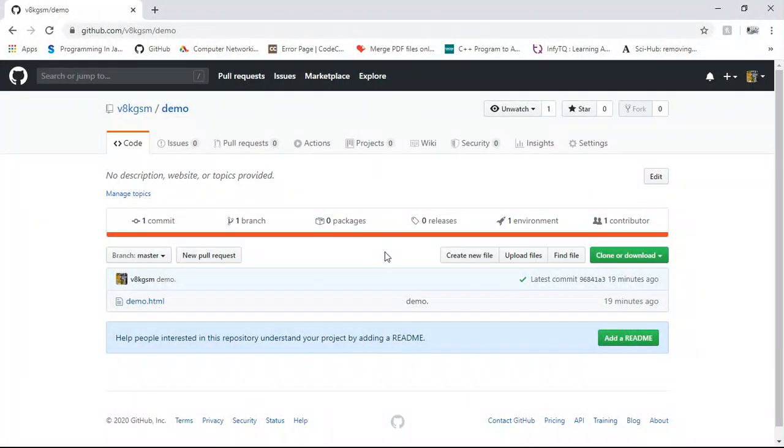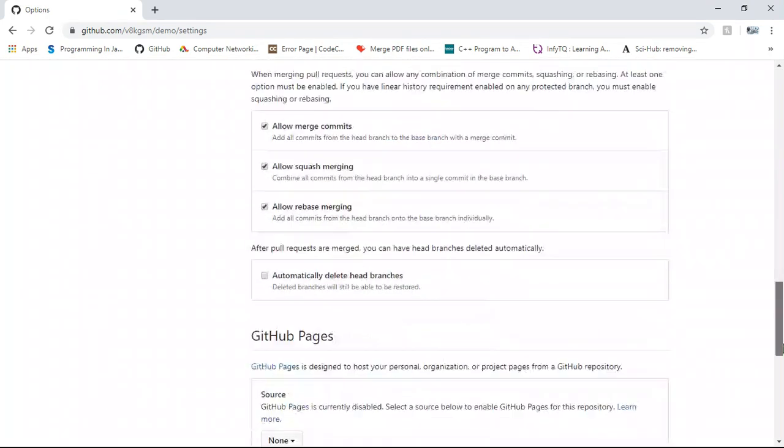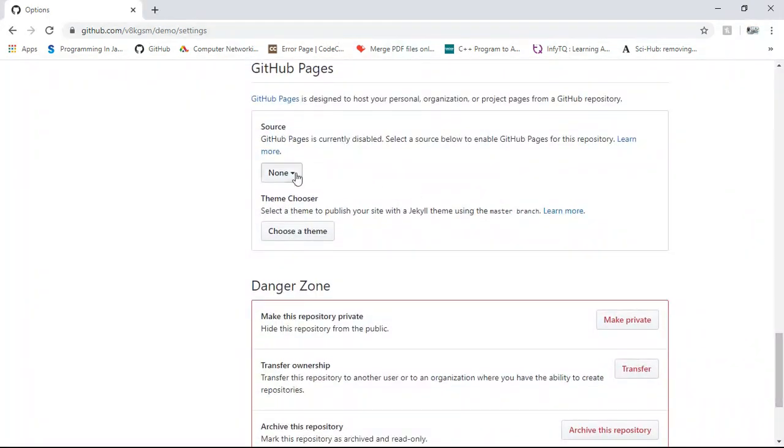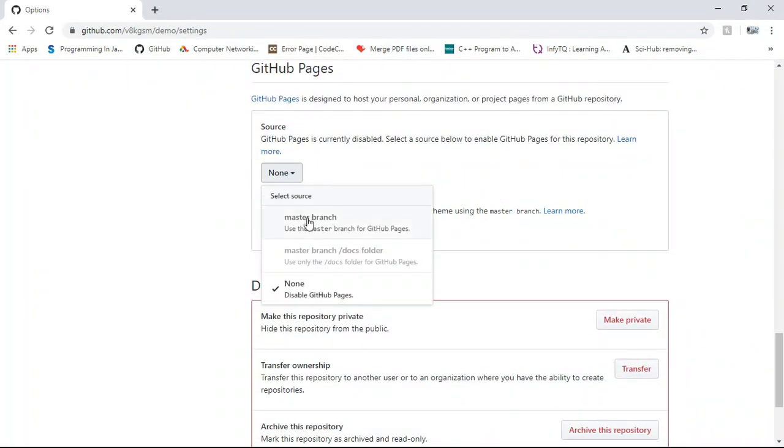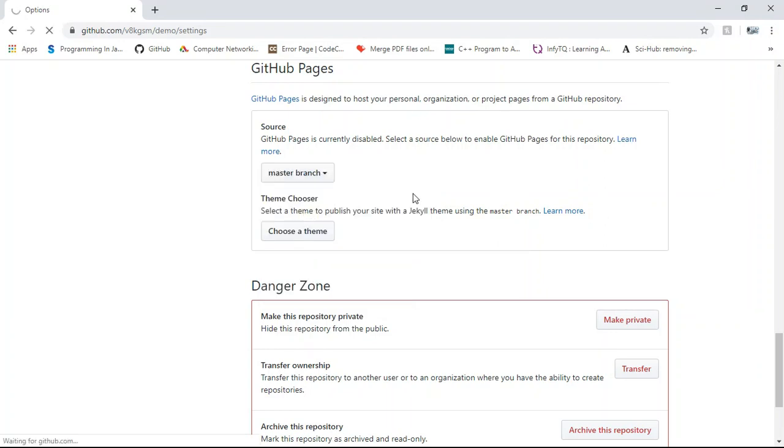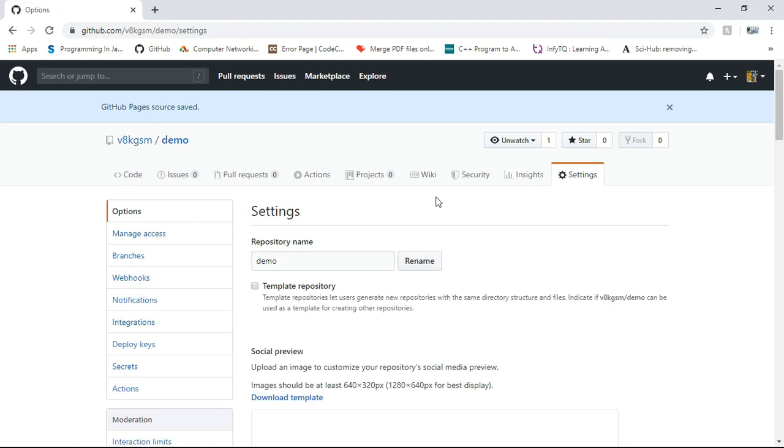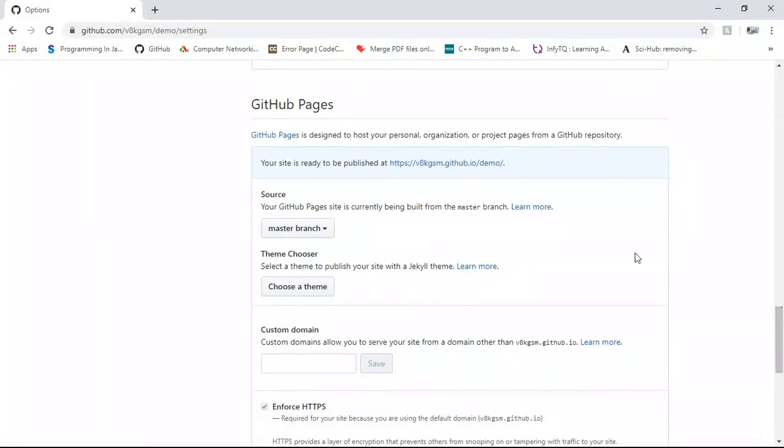Once you have successfully pushed it into your repository, just simply click settings. Find this option, click it. Now as you see, one link has been generated here.